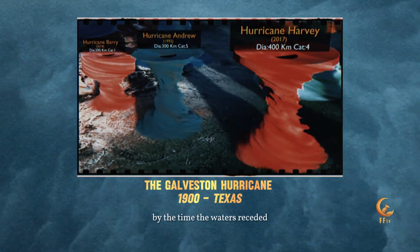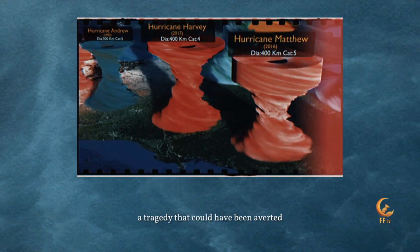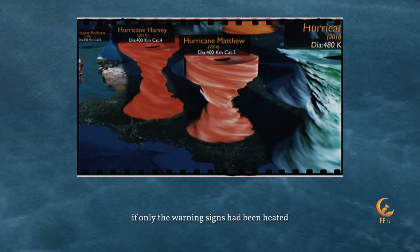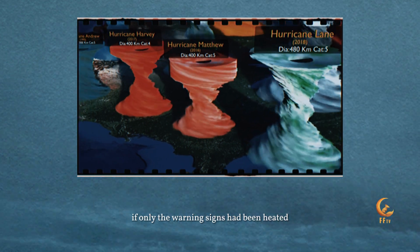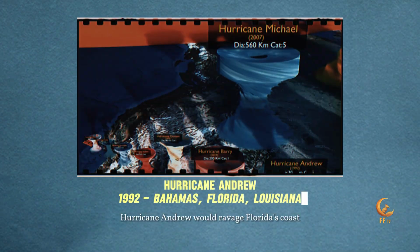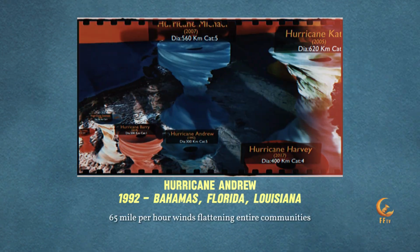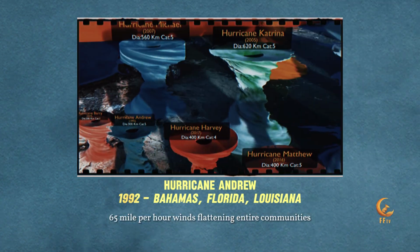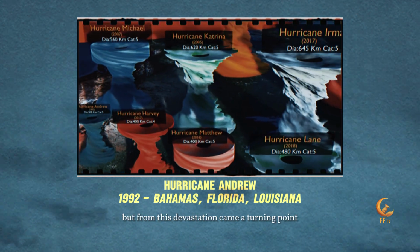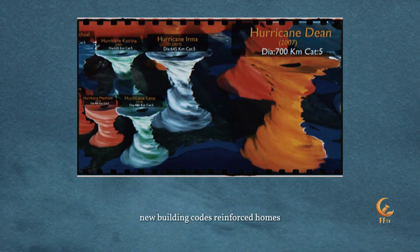By the time the waters receded, over 8,000 souls were lost, a tragedy that could have been averted if only the warning signs had been heeded. Nearly a century later, Hurricane Andrew would ravage Florida's coast, its 165-mile-per-hour winds flattening entire communities. But from this devastation came a turning point: new building codes, reinforced homes, and a resolve to never again be